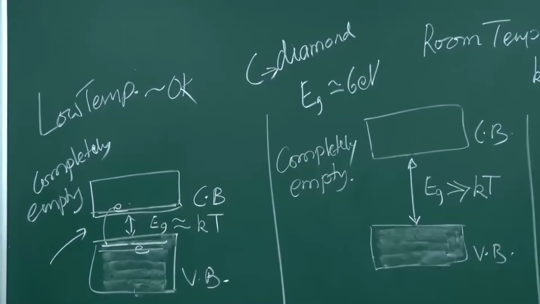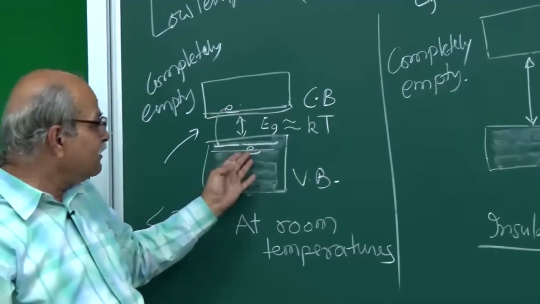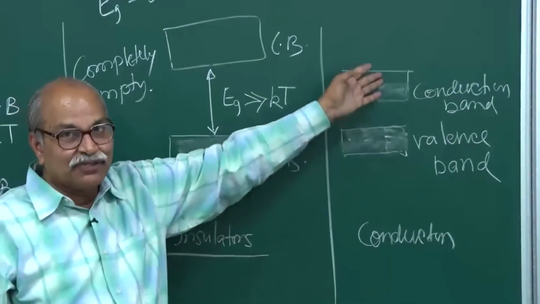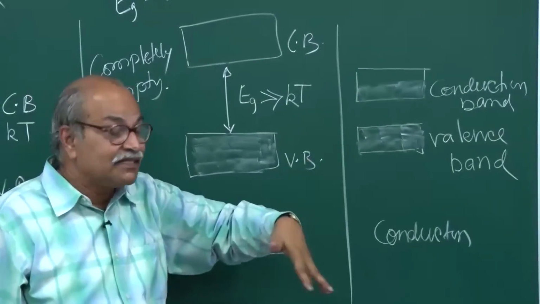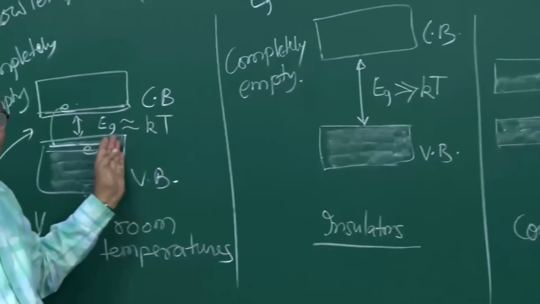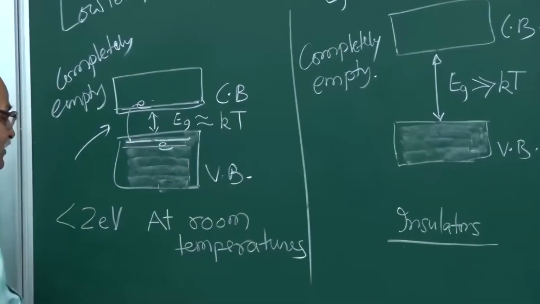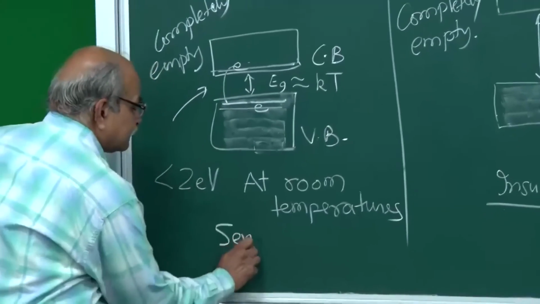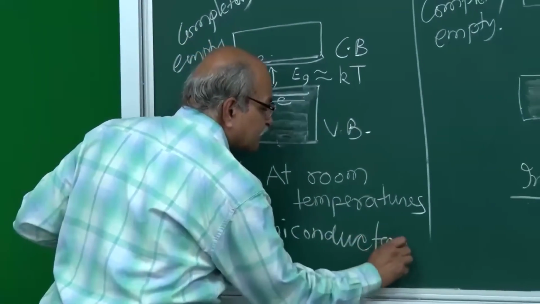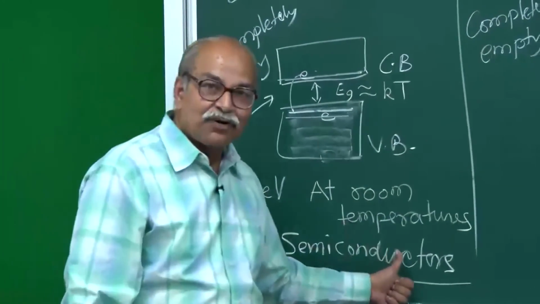Of course, the number of electrons here or the number of vacant states here is still very small as compared to this conductor case, and therefore the electrical conductivity as compared to this case will be very, very small here, but as compared to this it is very, very large here. That is why it is called semiconductor. These kind of materials are called semiconductors. Okay, and that is what we are going to now focus.